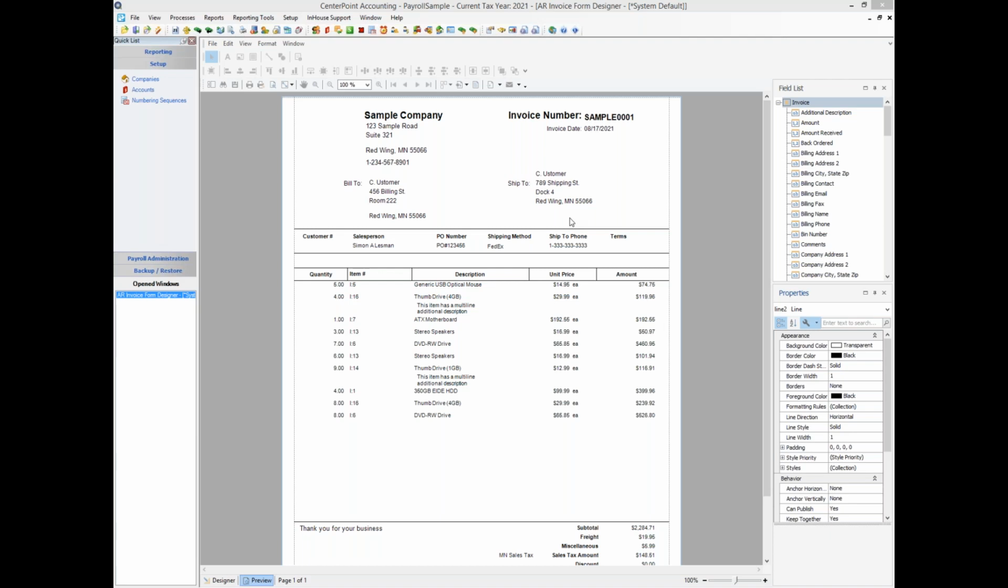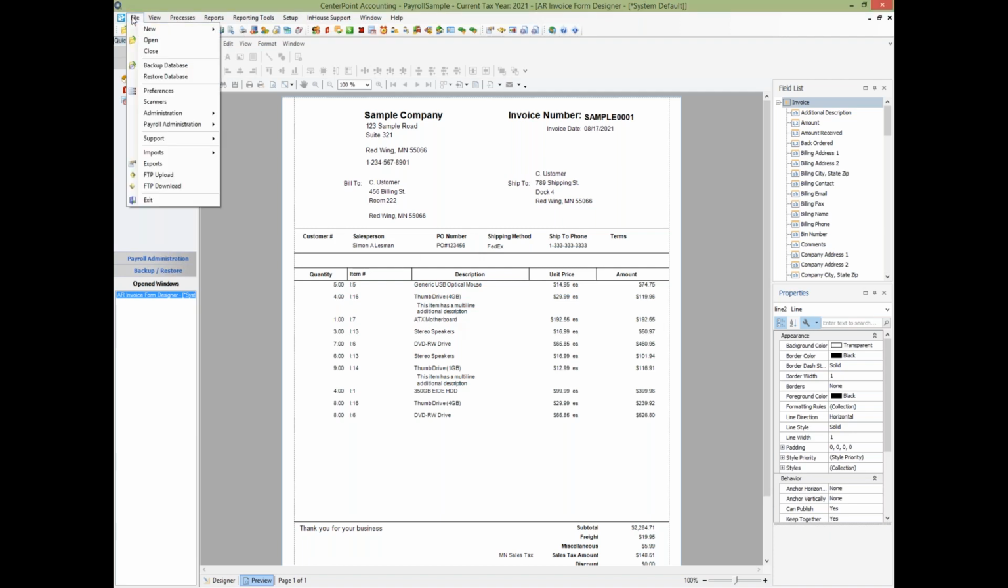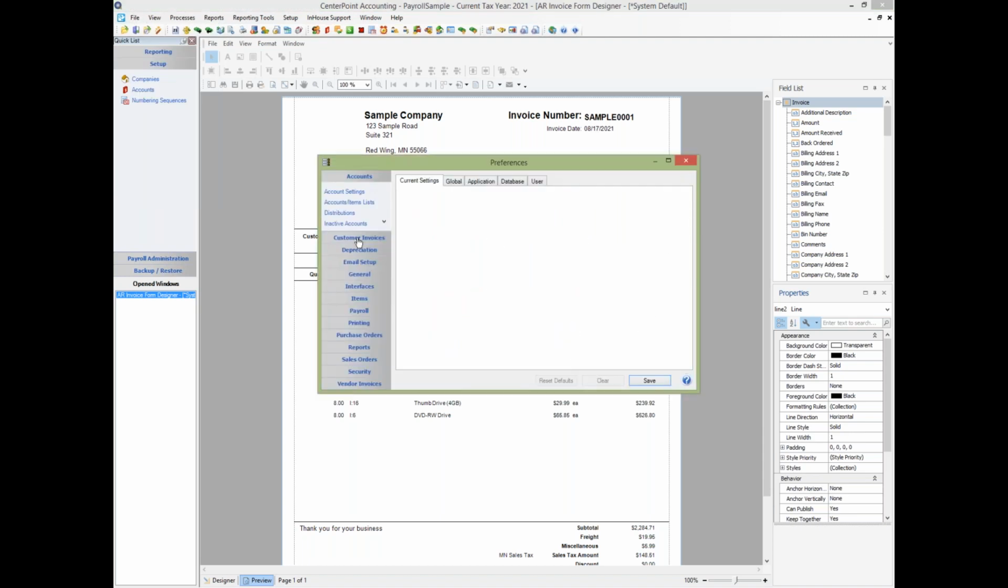If you're going to use our system default form, you can set your printer up to go ahead and print that form that you desire. So if you go into File, Preferences, Customer Invoices, scroll down,